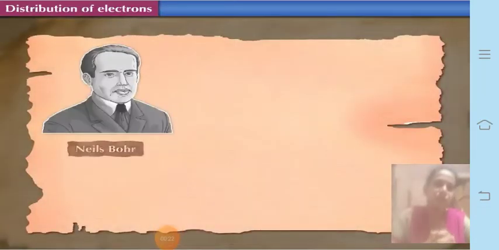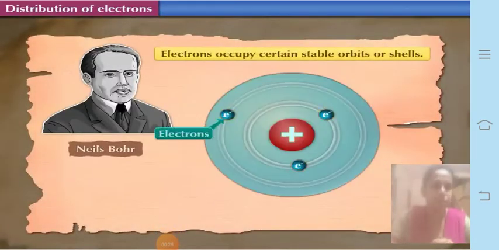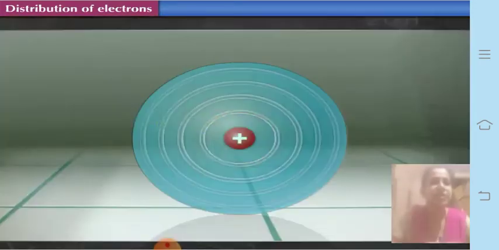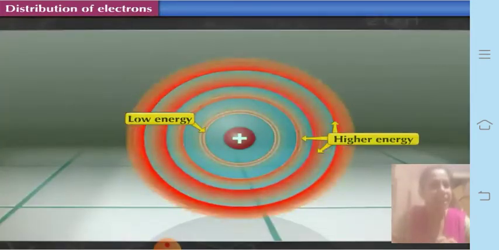We have already finished the atomic structure of the atom. Now today let us proceed to how the electrons are distributed in an atom. According to the Bohr model of an atom, we know that the electrons are revolving in stable orbits or stable shells. They are also called energy levels. Each of these shells has a definite energy.